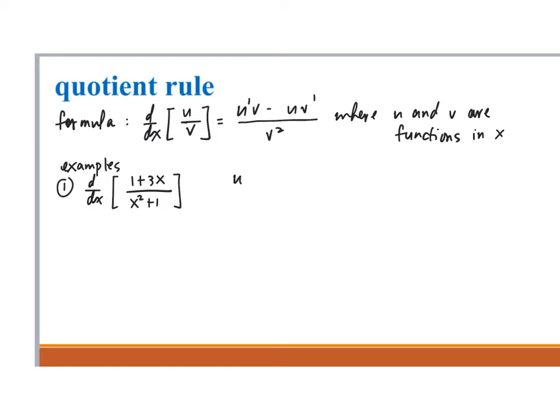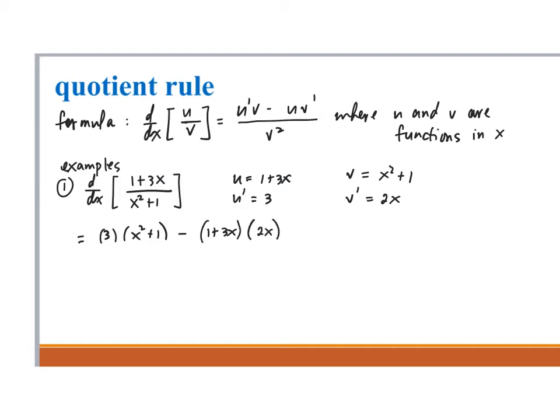make the numerator as u, so u equals 1 plus 3x, in which case u prime, the derivative, is 3. Make the denominator as v, so v is x squared plus 1, and v prime is 2x. And the next step will just be substitution into the formula, so that's u prime, which is 3, times v, which is x squared plus 1, minus u, which is 1 plus 3x, times v prime, which is 2x, all